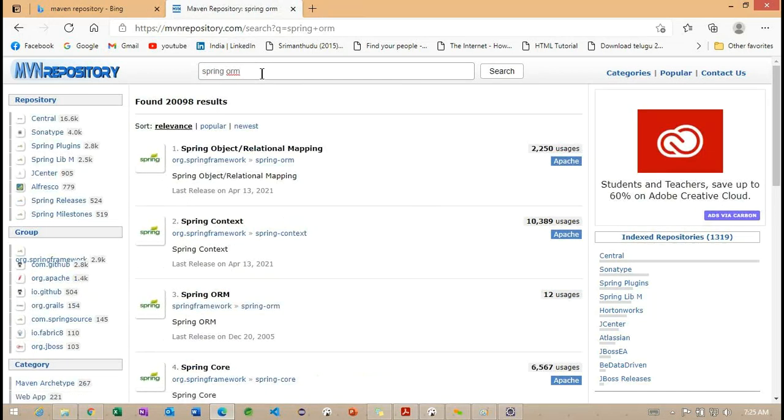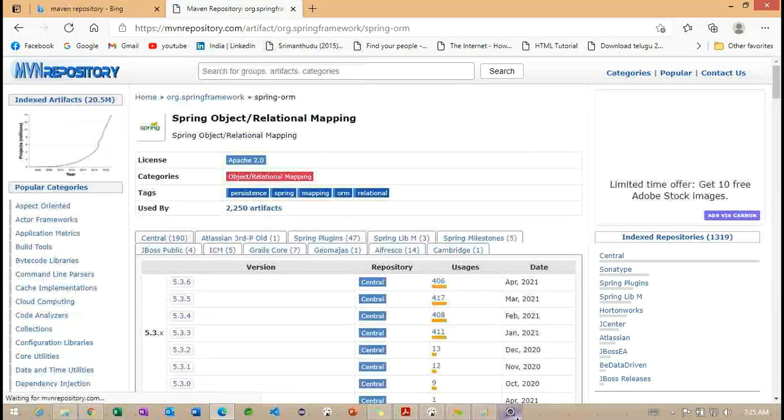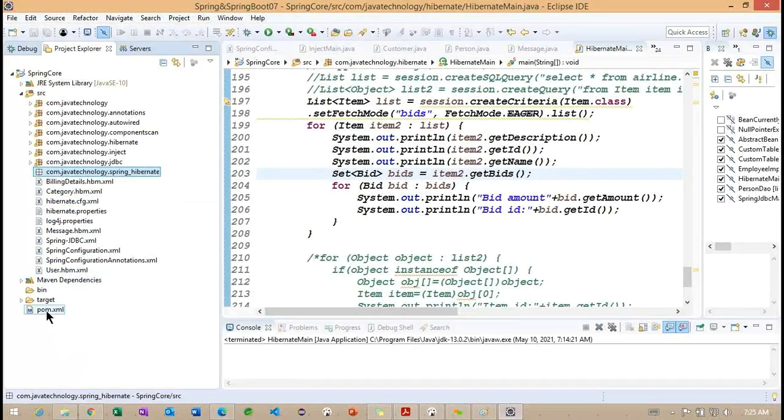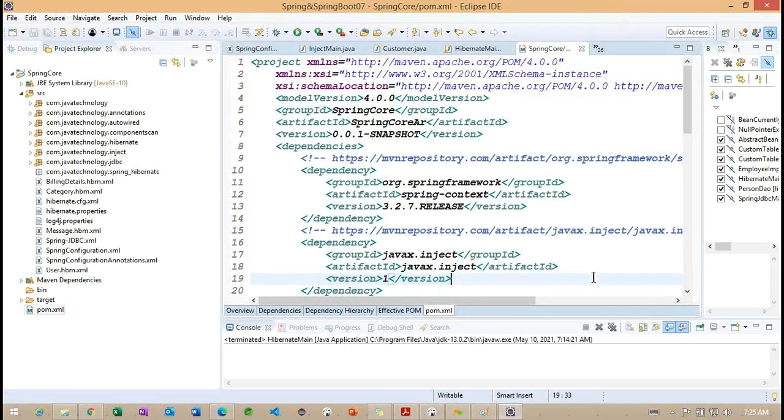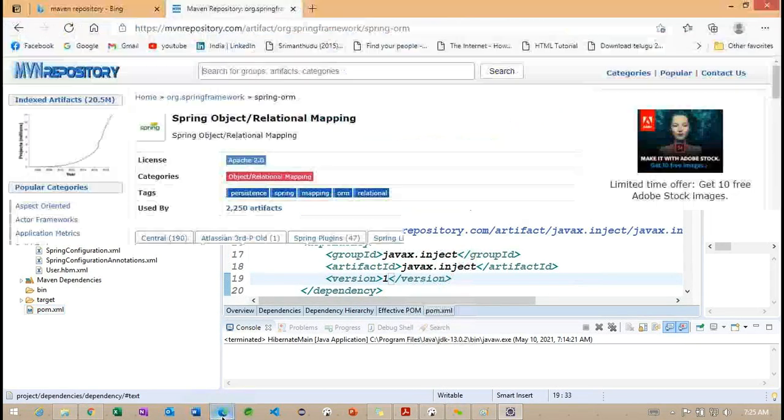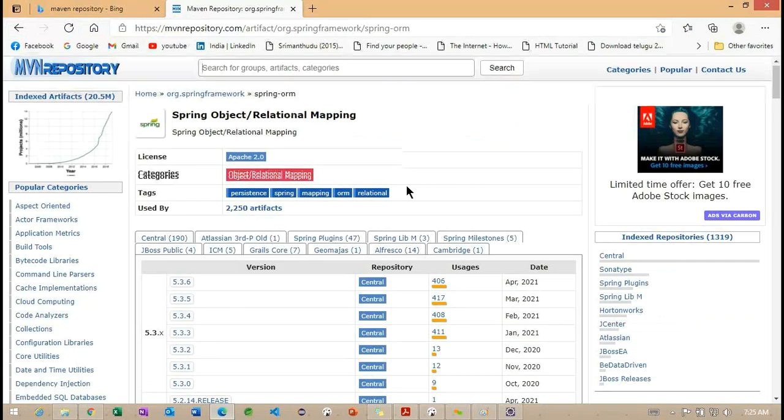So observe here. We'll try to download this particular ORM file, and here we are trying to work with this particular ORM, and we need to focus on which version we are trying to work with. So 3.2.7.